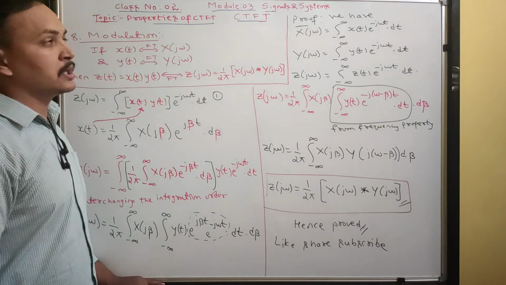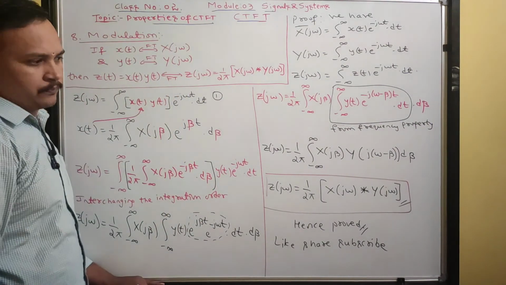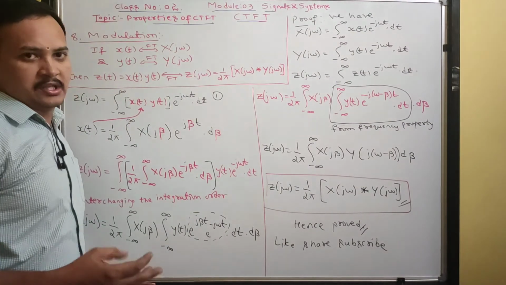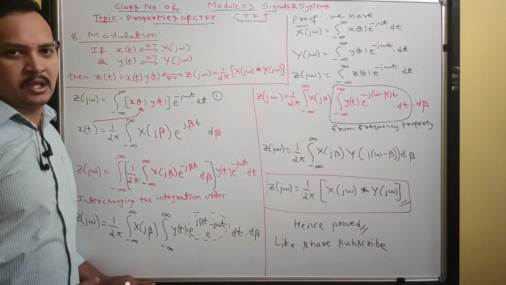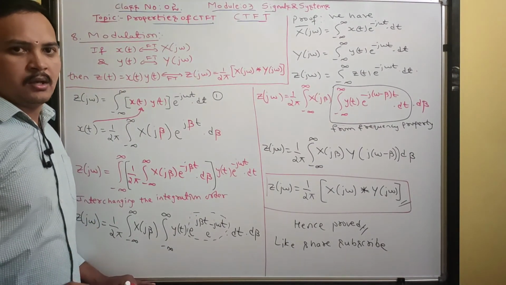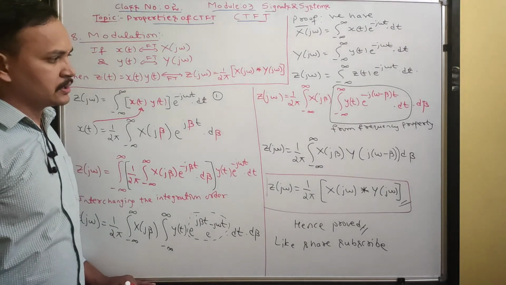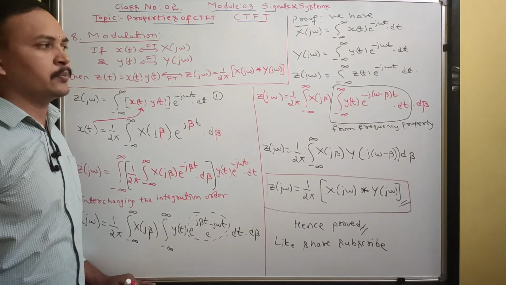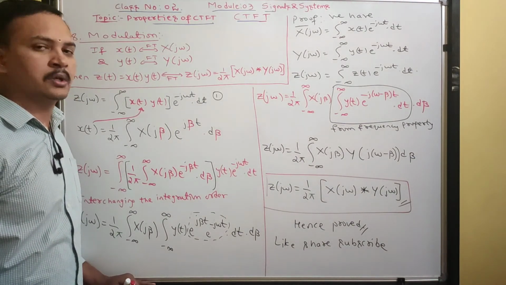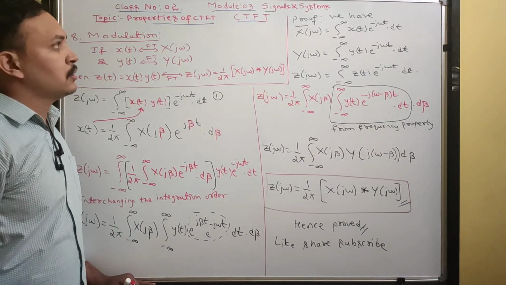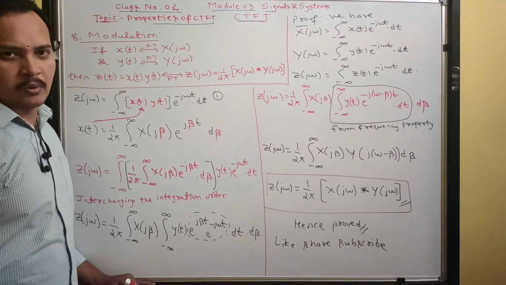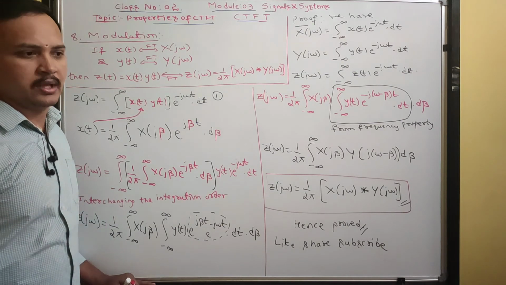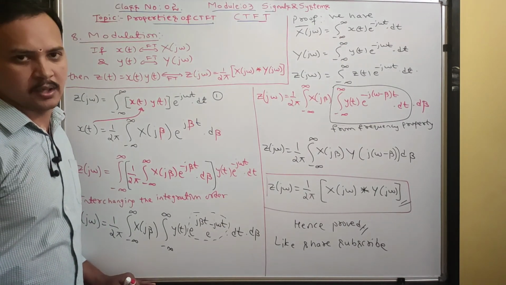So this is module 3, signals and systems, class number 2. Still more properties are there: symmetry property, Parseval's theorem and duality property. Once I complete those 3 properties, you can easily score 10 to 12 marks. 100% there will be weightage for properties of continuous time Fourier transform. You have to study all 11 properties. Then only you can score well. Any 2 they will ask in the exam.